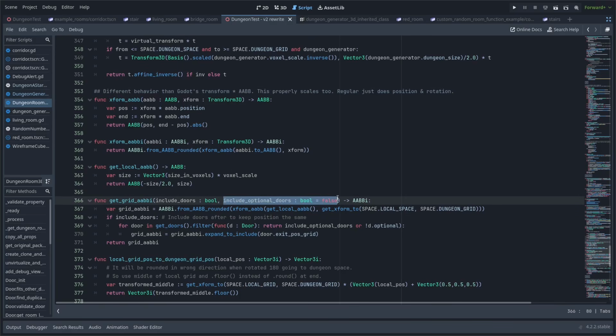Notably, for stairs, it generally always includes the optional doors because that's kind of implied. An optional door could be flush right with the edge of the dungeon,